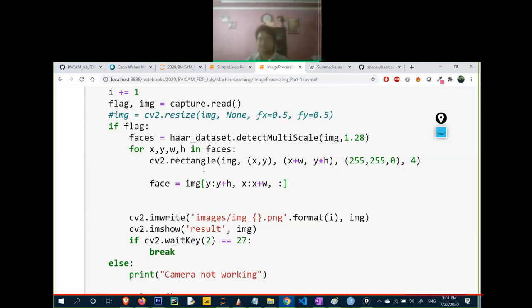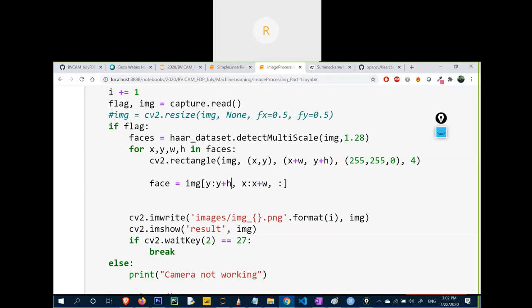Basically, I'm slicing my original image. I'm slicing from y colon y plus h, it means from y up to the height. So it will only take the height and width window of the face part. Why only the face part? Because x and y are the coordinates of my face.